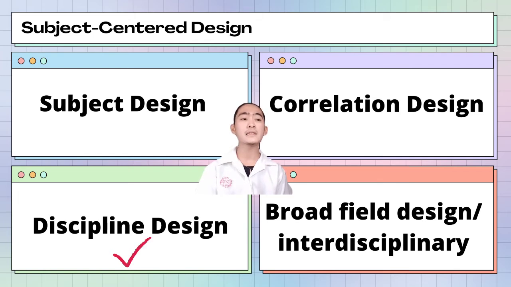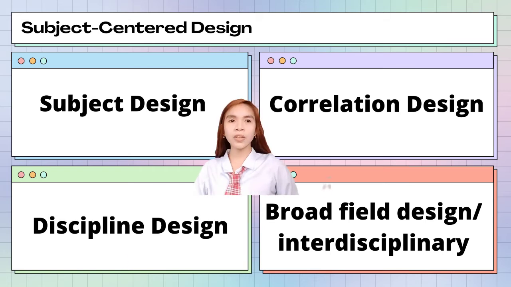So, from the subject-centered curriculum, it moves higher to a discipline when the students are more mature and are already moving towards their career path or disciplines such as science, mathematics, psychology, humanities, history, and others. So another one is